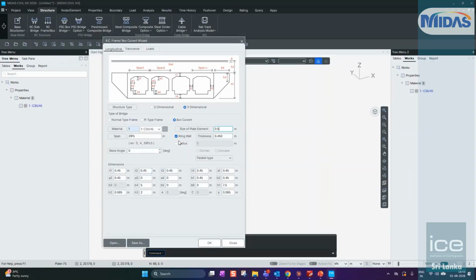So here I have stated that wing wall thickness is 0.4 meters. My T1 is the top slab thickness. My T2 is the inner wall thickness, so you can have different thicknesses. T3 is the outer wall thickness. T4 is the bottom slab thickness. A1 is the haunch dimension,